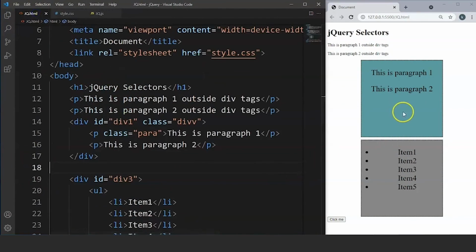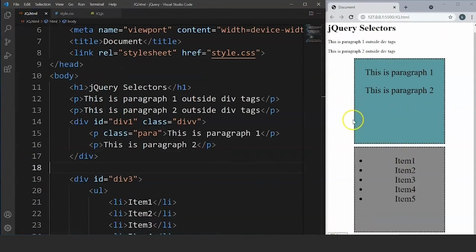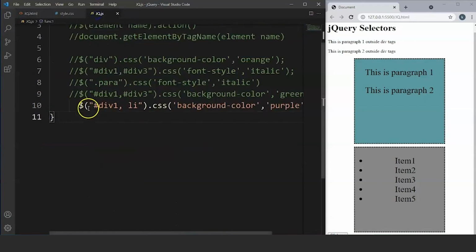Now we have only two containers over here and we have a click me button. Now what we want is to make some changes to the paragraphs present inside the first and the second containers. We can't use the element name because it will make changes in all the paragraph elements. So what we can do is move to our JavaScript file and write here